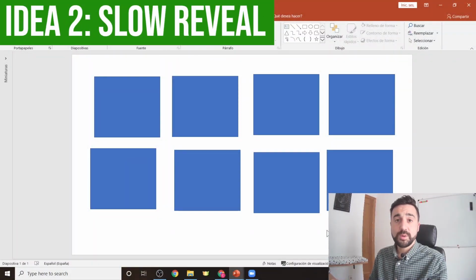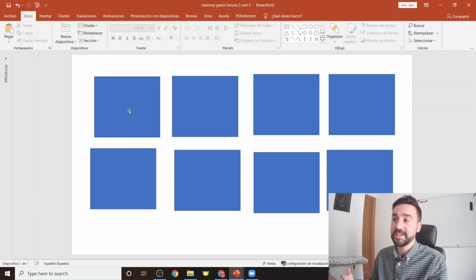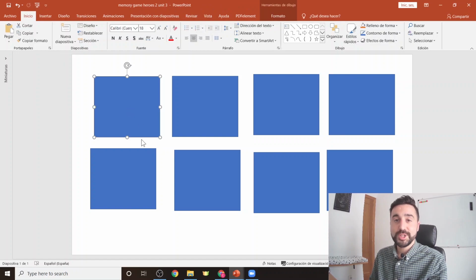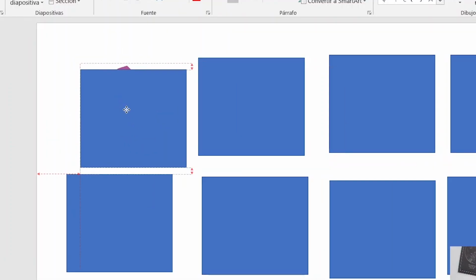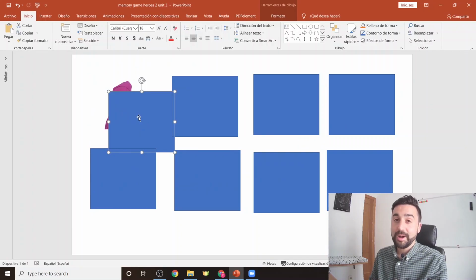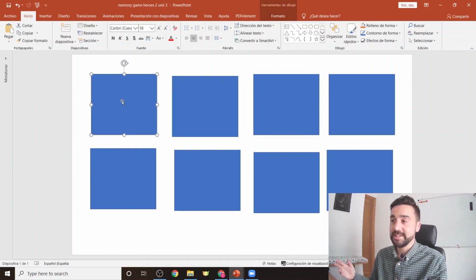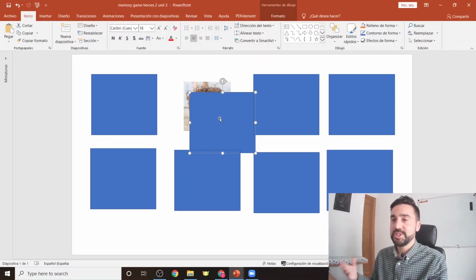Idea number 2 is one I call the slow reveal. Here I have the flashcards from earlier. What I would do is ask the students to take it in turns to guess what flashcard is under these blue squares. So I take the first student and slowly start to reveal just a part of the flashcard, and the student would have to guess. Once the student has correctly guessed the name of the vocabulary, then I would move on to the next student and the next flashcard and slowly reveal them like this, and I continue this until all the students have had a go.